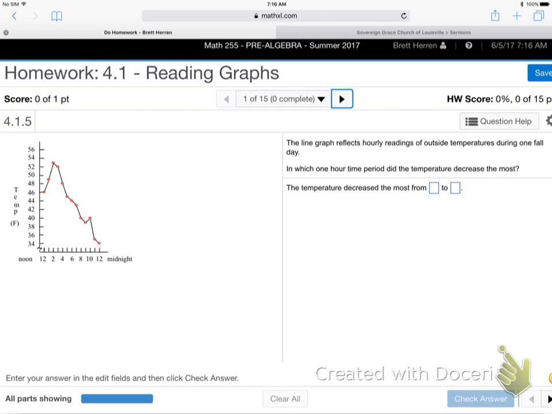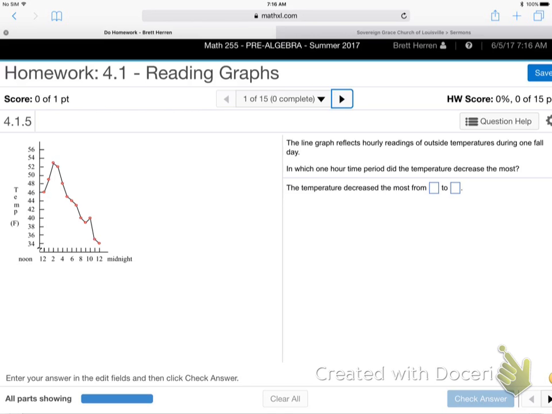All right. Let's take a look. The line graph reflects hourly readings of outside temperature during one fall day. Okay, so this is temperatures during fall. So, the temperature decreased the most from... So that's their question. All right, can you look at that graph and can you figure out,